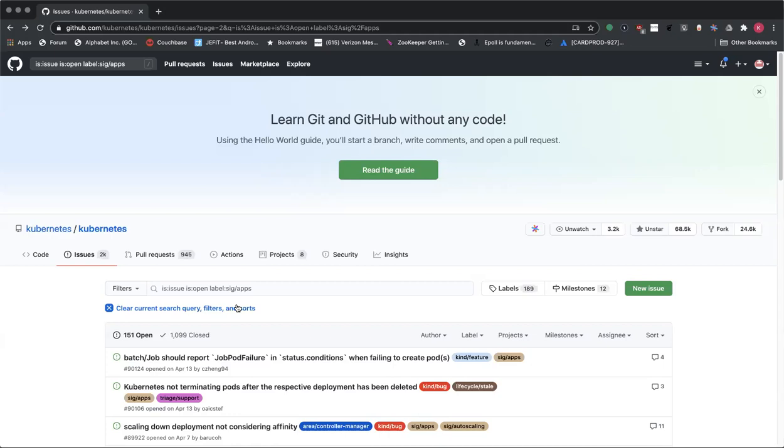Sure. I'm developing a need for something like a daemon set, but instead of a pod per node, it's a pod per some other sort of object. Is this something other people have worked on or considered? I'm not aware of any existing work that forks daemon set to create a pod per object where that object is not a node. Janet, you? No.